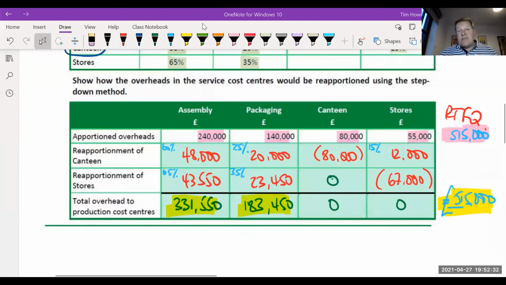That's the end of what is session 1, but it doesn't really make any difference now. This is task 4. Next week, we move to look at task 5. So we will then be going to that next step that says, right, okay, how are we going to get this 331,550 into the production? What basis are we going to do it? You know, when we drop the fish into the flour, how are we going to measure how much flour should go on the fish and then how much batter should go on the fish?